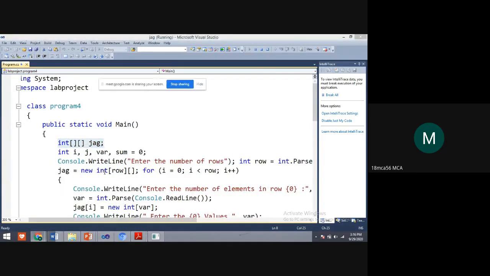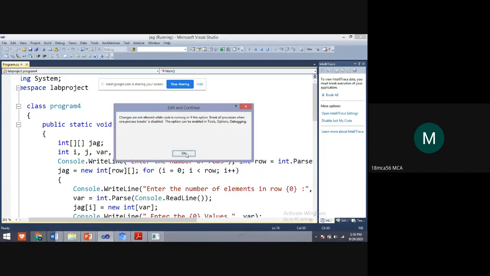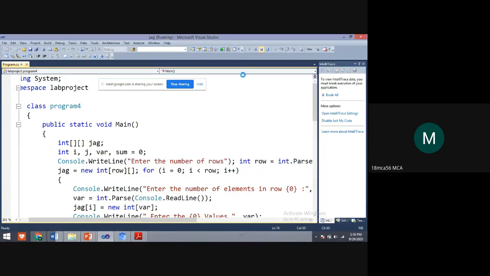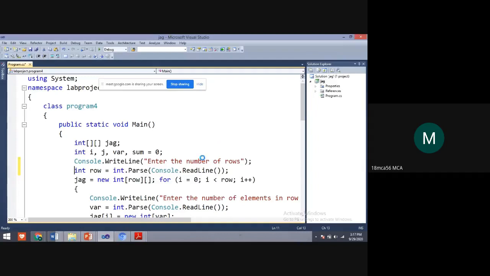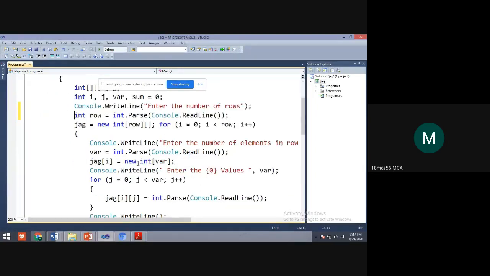Here I have initialized the sum value to 0. Next, enter the number of rows.